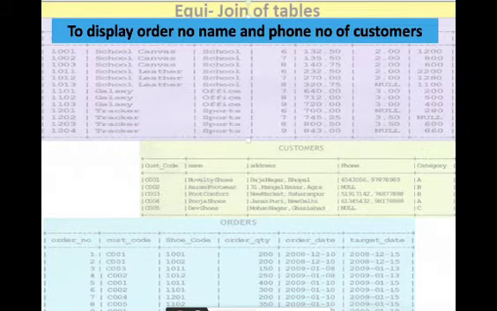To display order number, name and phone number of the customer. If you see, order number is coming from order table, and name and phone number of the customer are coming from customer table.